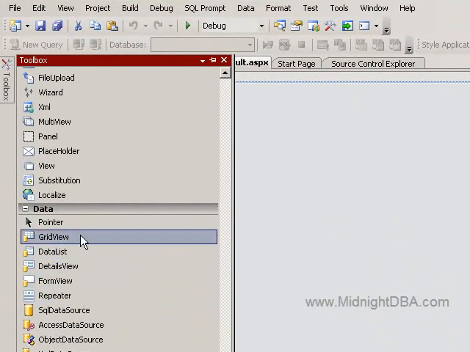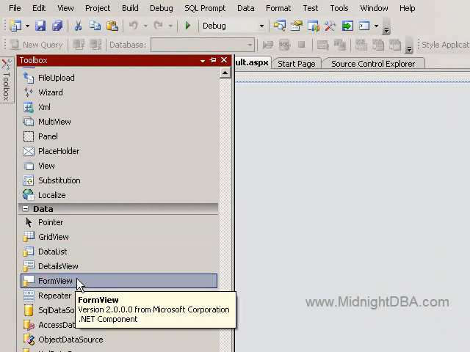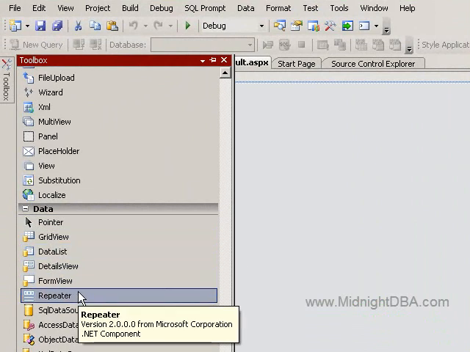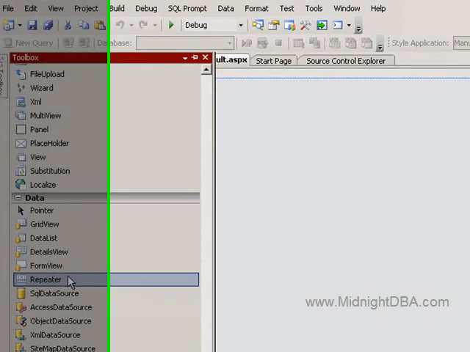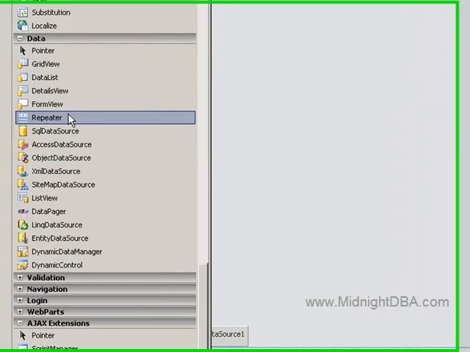They're just different formats. Okay, data list clearly does that. Details view, form view, repeater. I like the repeater because you can tell it to repeat the data. You can tell it to repeat itself either horizontally or vertically. So it's the kind of thing that you could do a picture page with, if you kept all of your picture stuff in the database. I see. And of course, then just the different types